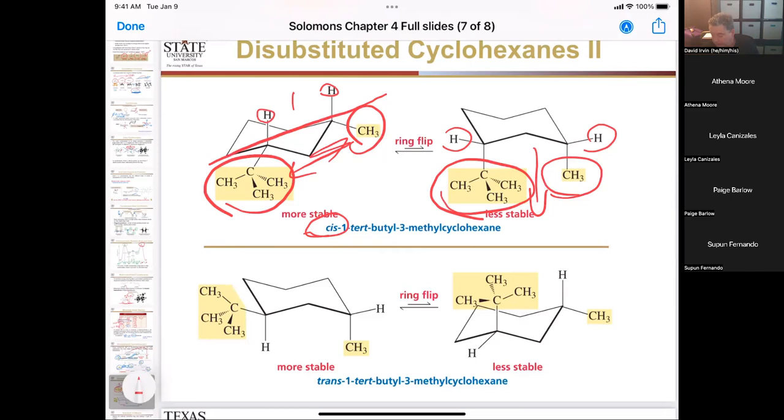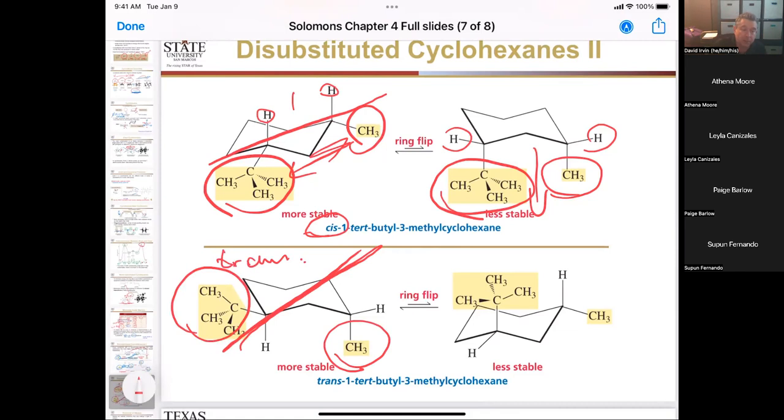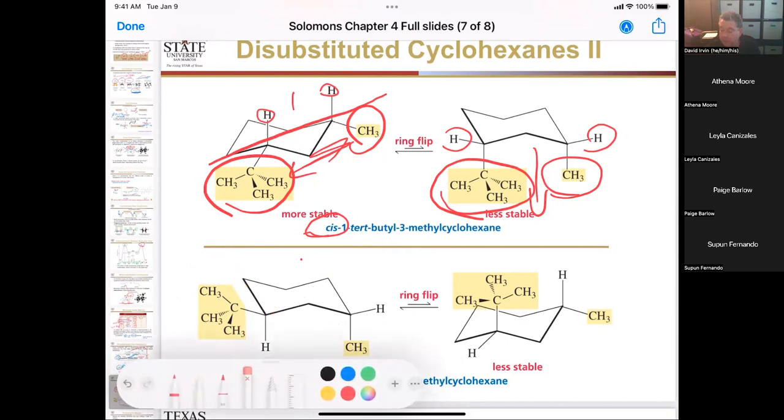Okay, so now let's look at this. We're going to draw our plane right through here again. And we're going to say, oh, we have a methyl group down and we have our T-butyl group up. So this is our trans isomer. And in our trans isomer, we have a difference in size. Okay, now the T-butyl group is much, much bigger than the